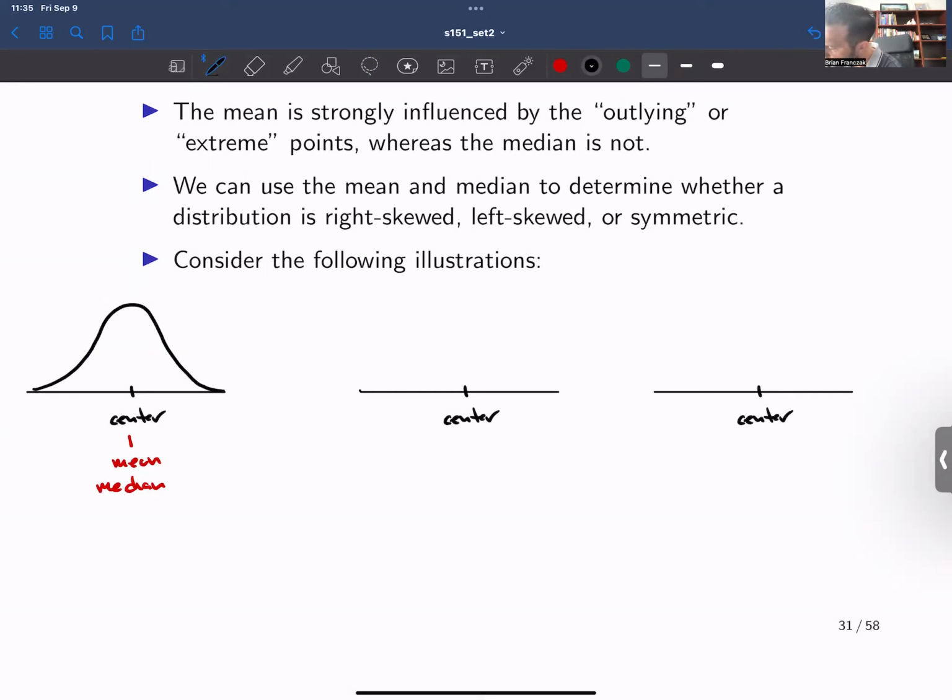So if we have a right-skewed distribution, something like this, the median will still be at the center, but the mean is going to get pulled in the direction of skewness. So in the case of a right-skewed distribution, the median remains at the center, but the mean gets pulled with the skewed tail. So when a distribution is right-skewed,